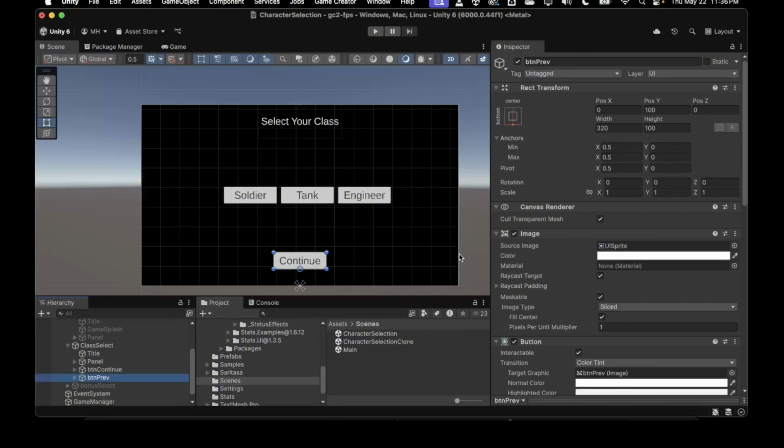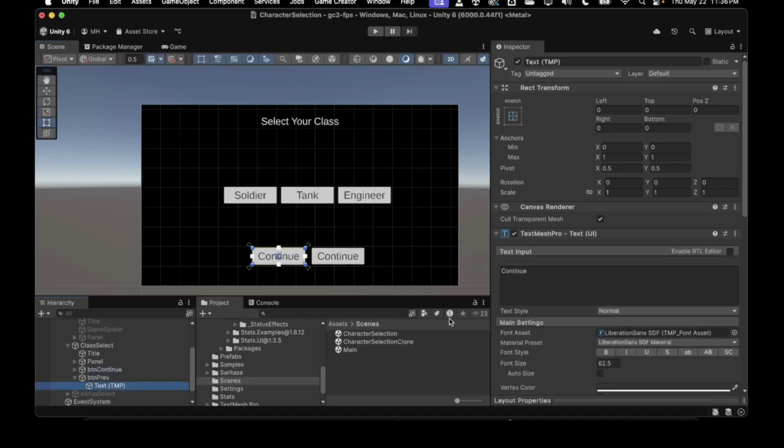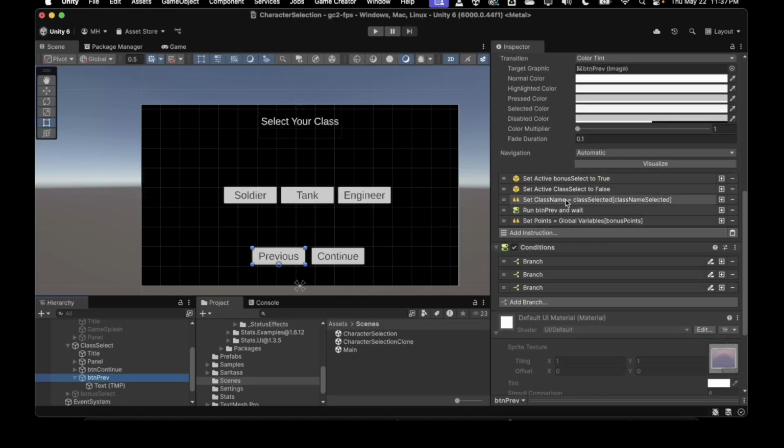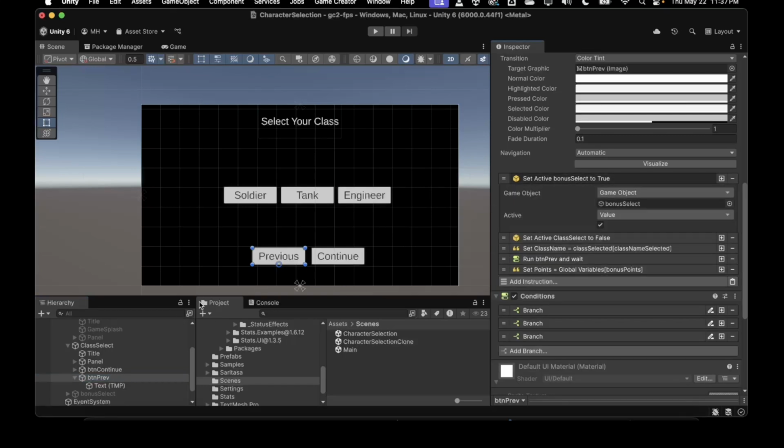And then we will just move it over. Move it over. And we can move both of them just a bit. No, actually we can't do that. Can't do that. We can do it this way though. So that's that. And previous. And we want to, we don't want this. We want